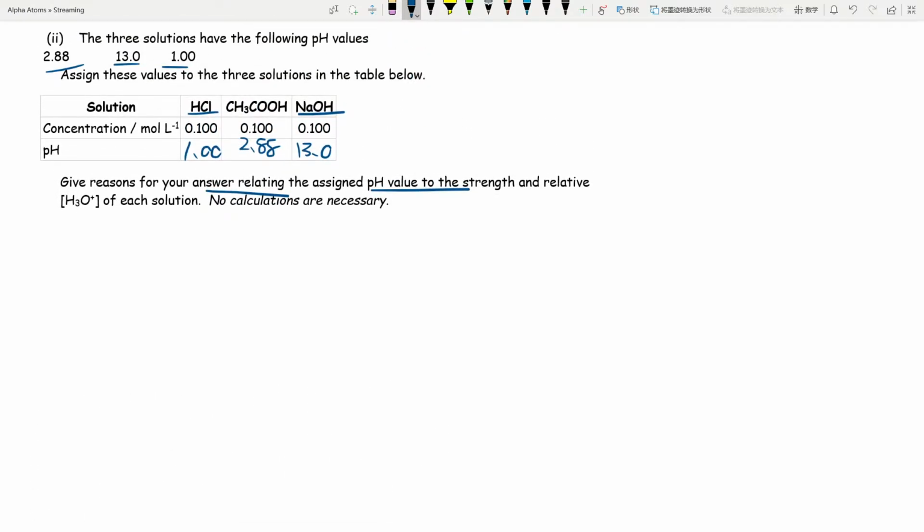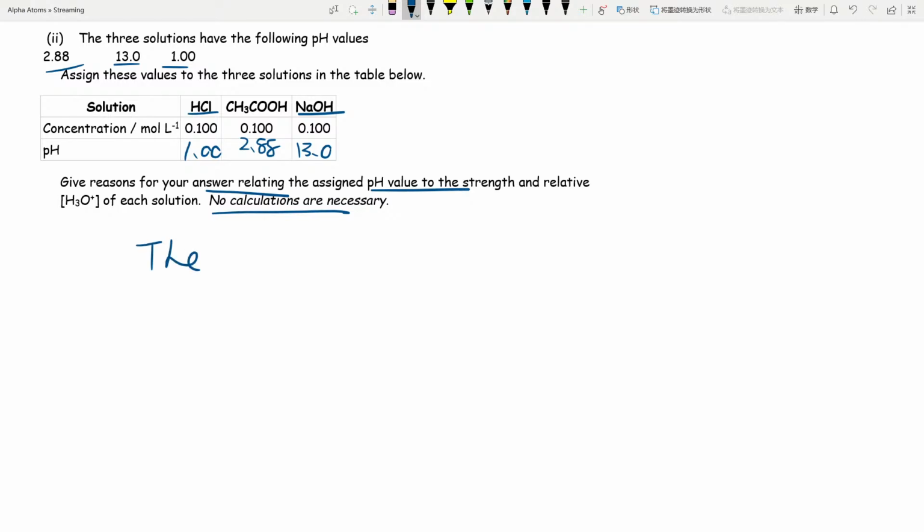Okay, give a reason relating the assigned pH value to strength and relative H3O plus solutions. So this is very similar to what we just did just now. They say no calculations necessary, so you don't have to calculate. So it just means that the HCl will completely dissociate using the same equations that we just talked about. That means we'll produce a lot of the H3O plus ions, and the more H plus ions you have,